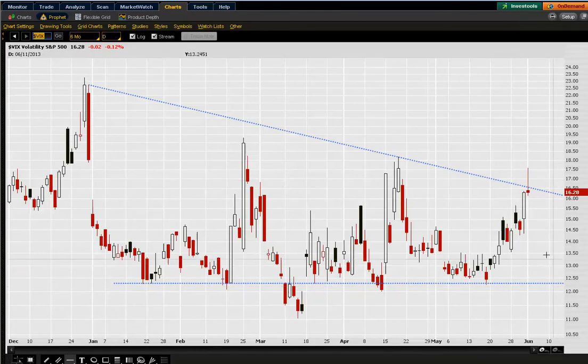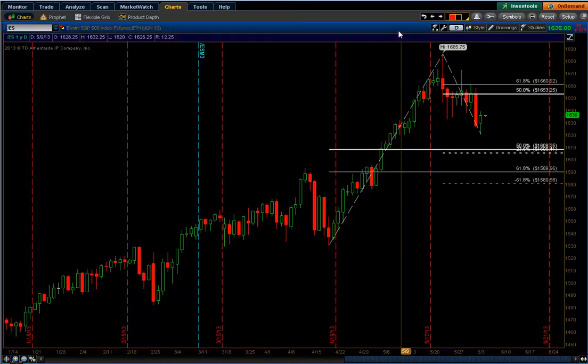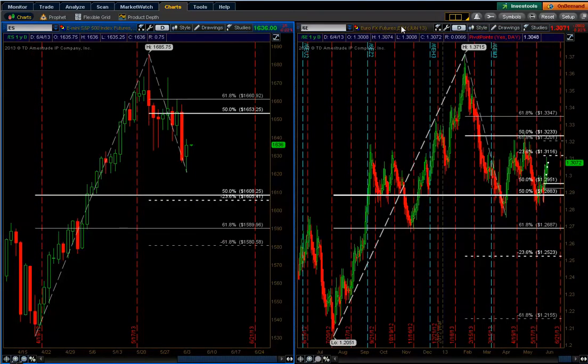So what I would anticipate here is that we spend the next month or so, or at least a couple of weeks, forming a wedge or a triangle, converging on the 14.50 level, and then break to the upside. That would take us into the fall, and hopefully we see some increased volatility into the latter half of 2013. If we move over to the euro,